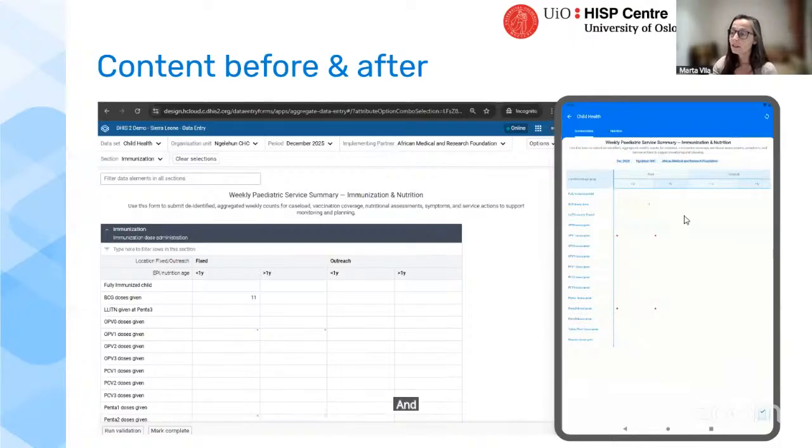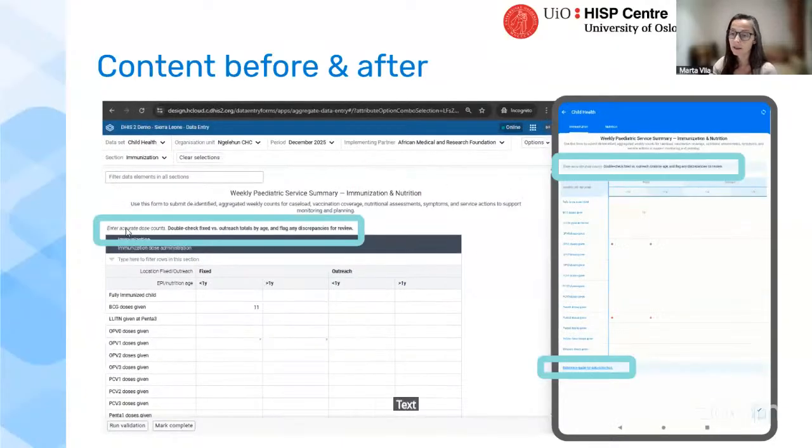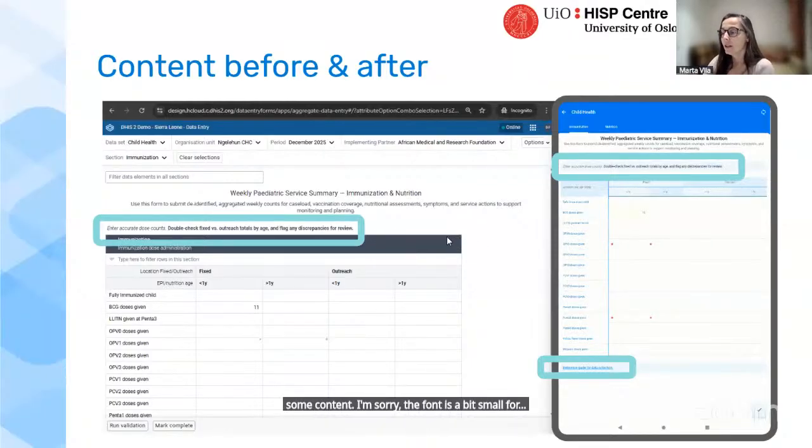And the form will change from this, where we see it has no text at all, to this. So now we are showing some content. I'm sorry, the font is a bit small for this screen. But you see, we are using bold text and a link here. So let's see how we do this